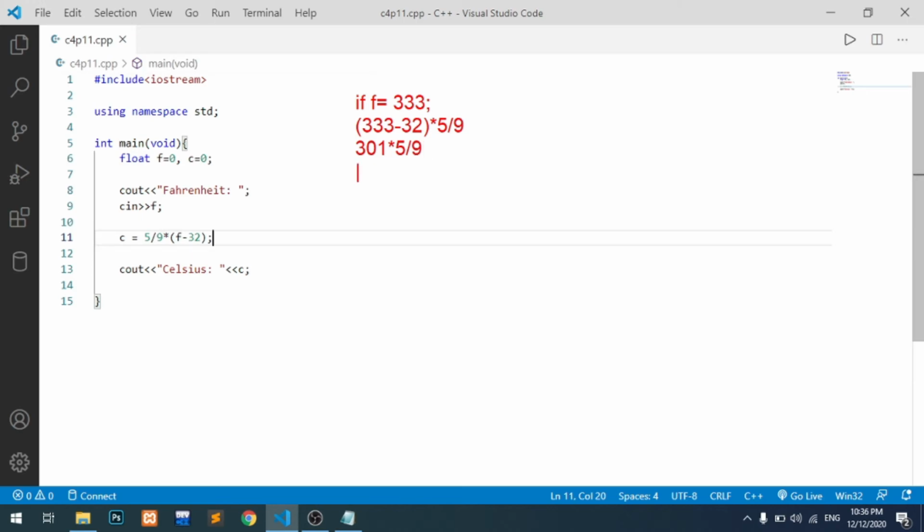As multiplication and division have the same precedence with left to right associativity, first of all 301 will be multiplied with 5. So it will become 1505, which will be divided by 9, and hence creates a result of